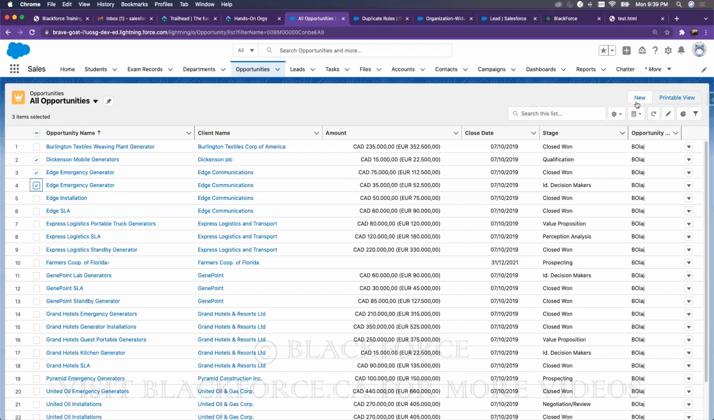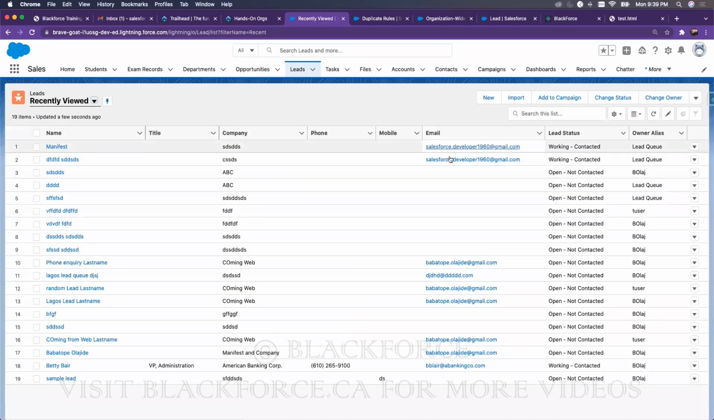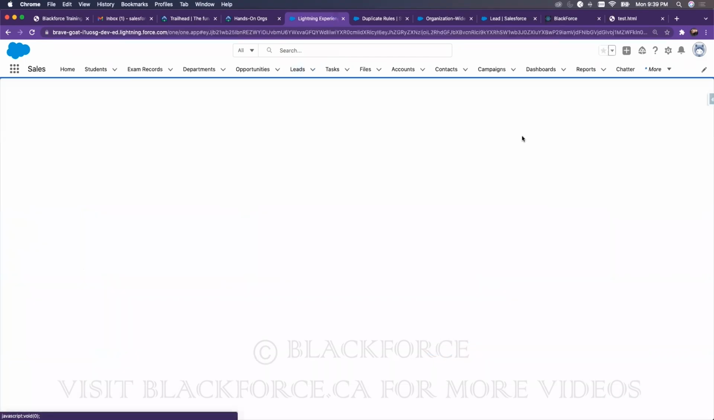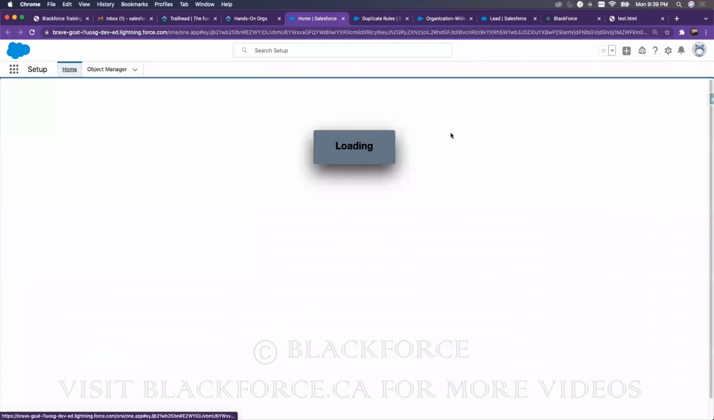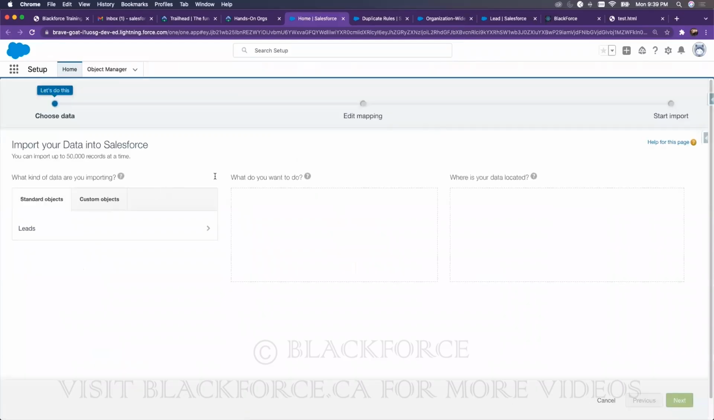There are not many things you can do with other objects. But for leads, you can do a lot with them, okay? You can select multiple, you can change status, you can select multiple, you can send email, you can also import new leads. We haven't talked about data loading, but you can also import new leads,